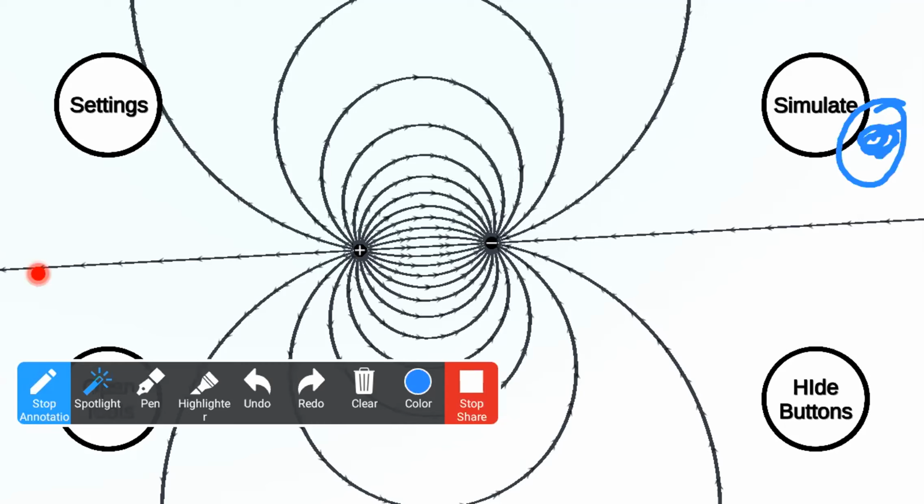Why? Because once you go very far away, you can consider an imaginary surface. Within that imaginary surface, there is both positive and negative charge. Once you have both positive and negative charge, approximately that is 0. So when you go far away, what will be the field strength? That is 0 only. Please note it down. Once you go far away, your field strength will be 0.